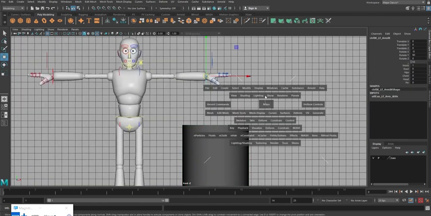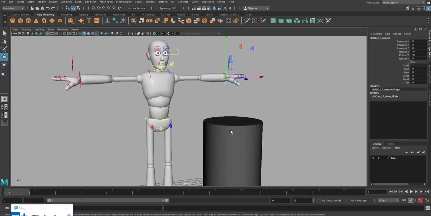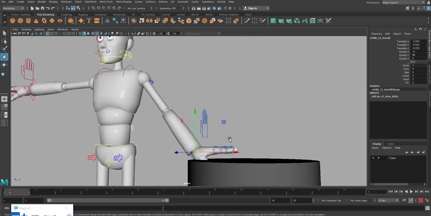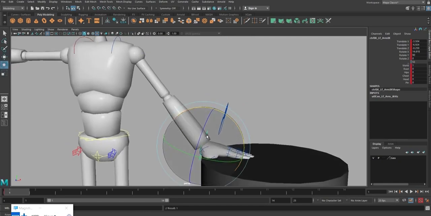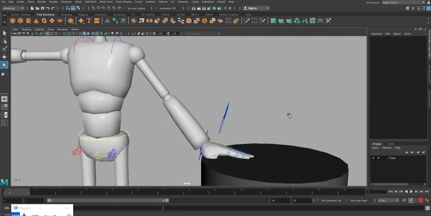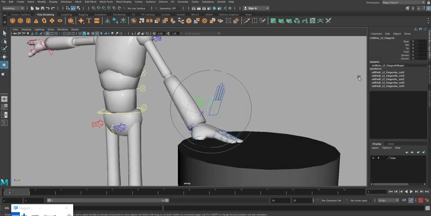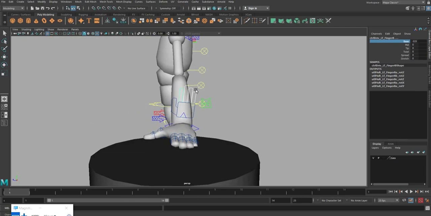See, now the character should have a pose like it should be standing somewhere balanced. So in this pose, I'm keeping the hand here, giving set key, I'm rotating it a little bit. I'm rotating the finger control also. I'm rotating, bringing the fingers up. Here also I'm selecting, bringing the fingers up.